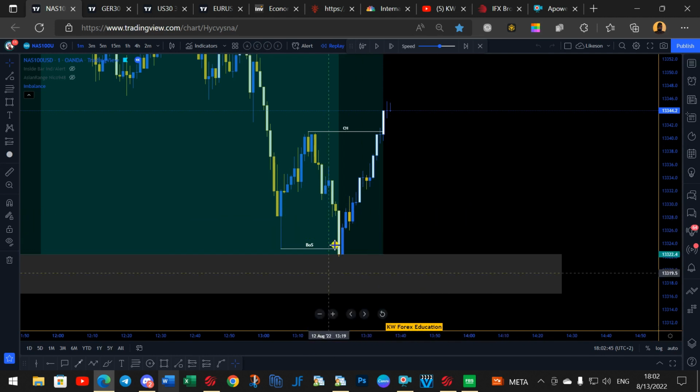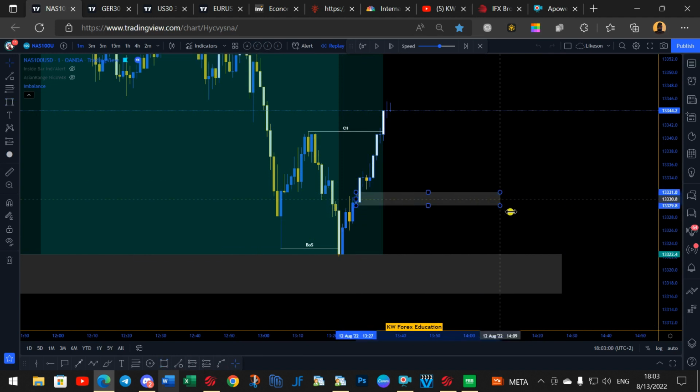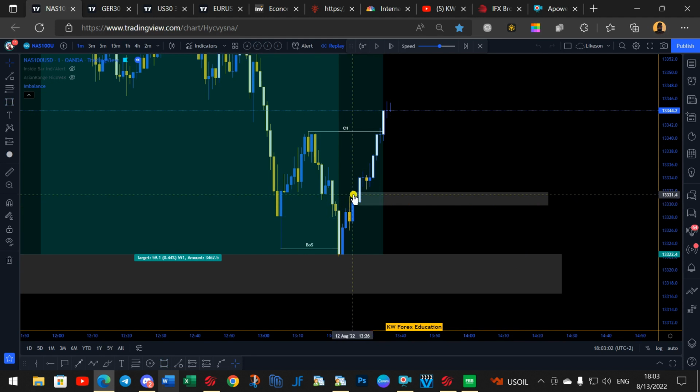So we only mark the candle next to the imbalance. So we know that price only needs to come and fill up the imbalance, then it goes up, right? So we highlight this candle here, because that's the candle, the previous candle before this imbalance, right? So this is the candle that we highlight. That's the one we are going to buy from, right? So when we buy from here,